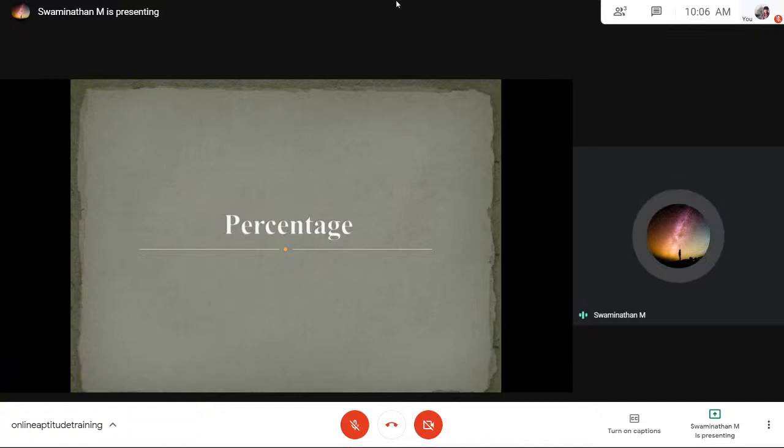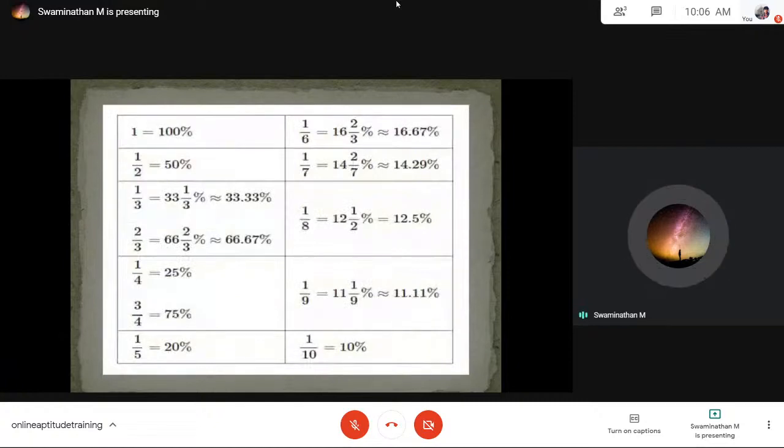So in percentage we need to know some common percentage ratios. So first I will show you that. So 100% is 1, and these are some common ratios you might know, but these are also useful while solving problems. Okay,